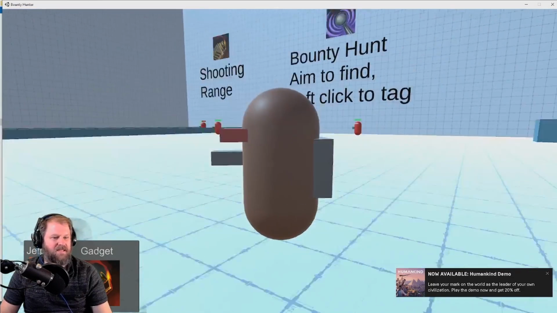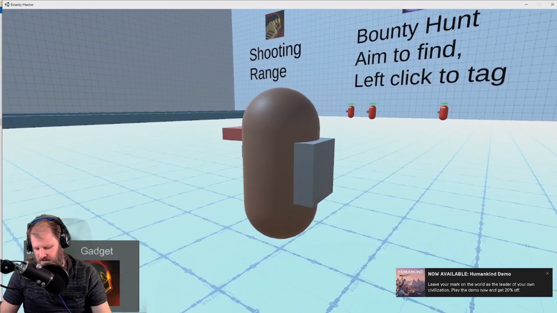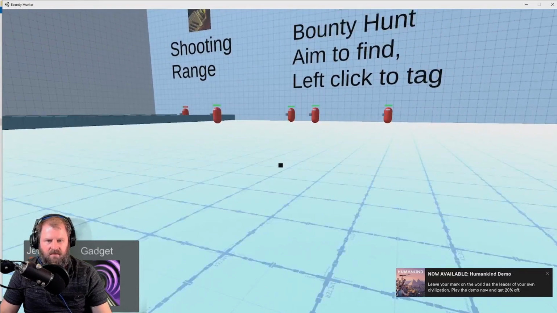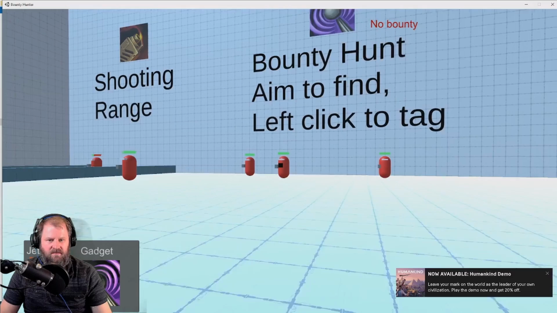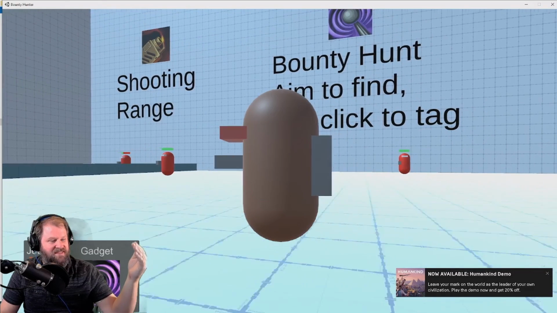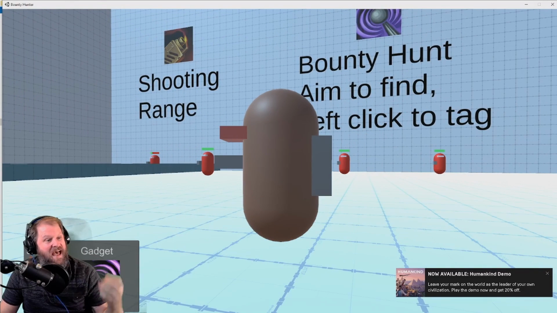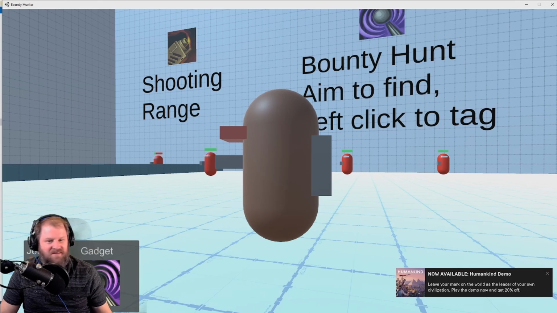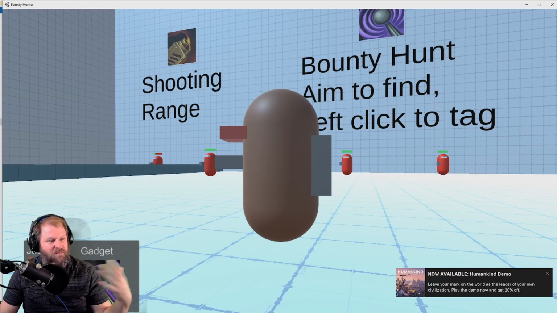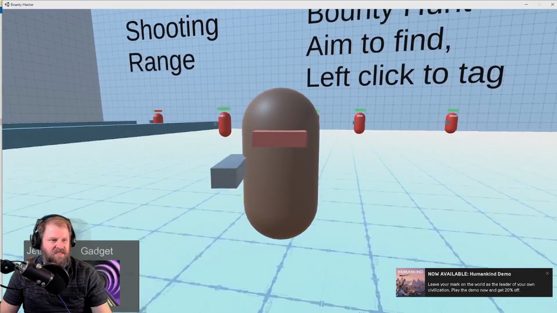I also like the idea that if I was using my tagging mechanic, and I tag one of those bounties, they maybe realize they're tagged and then they run from you. So you go through there as soon as you see one and you're like tagged, and then boo, they go running and now it's a chase. Maybe I've got some platforming or some kind of environment where it's a little bit dangerous to chase that person around.